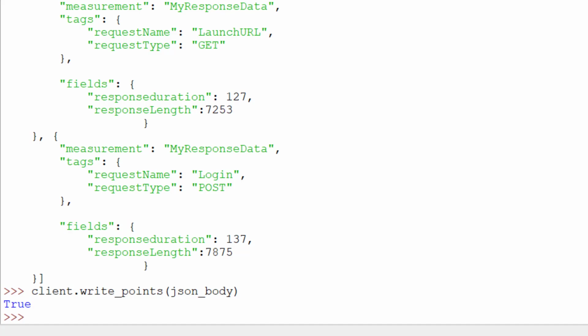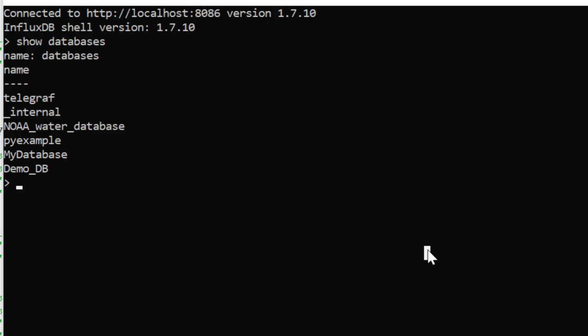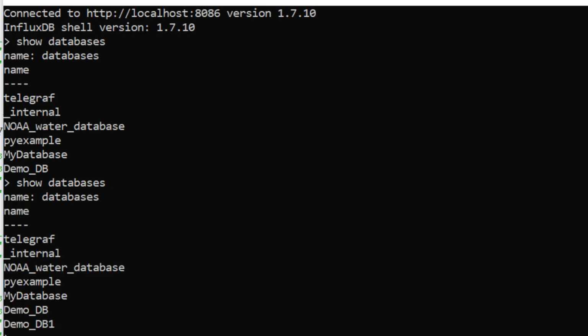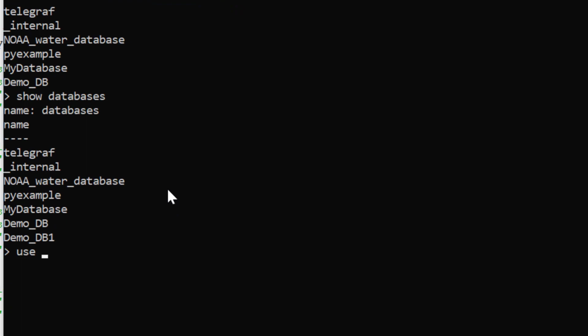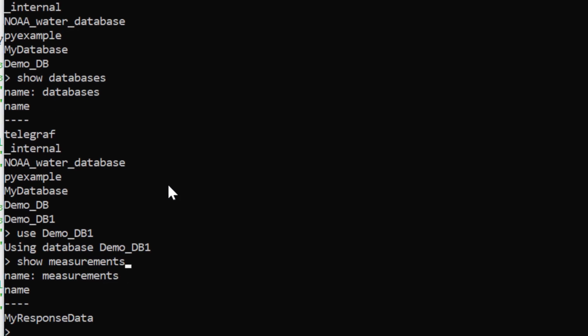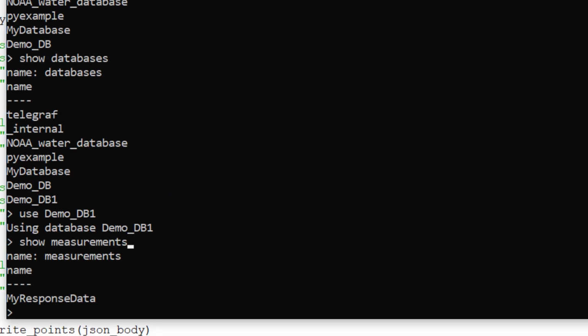So let me go to the Influx CLI and verify everything over here. I run show databases, and it shows that my database is added. I can use this demo_db1 to go inside the database. Then I can show measurements, and it gives me my response data.